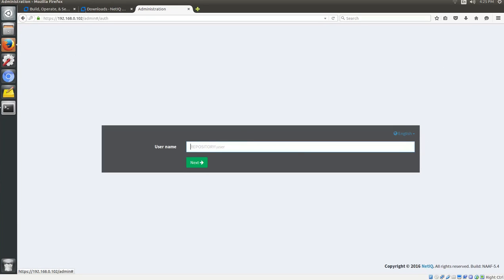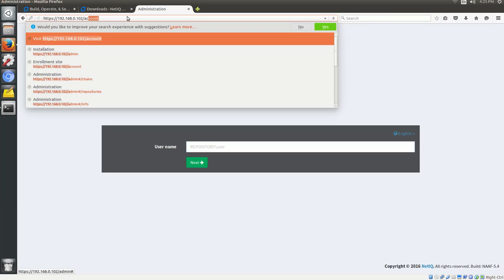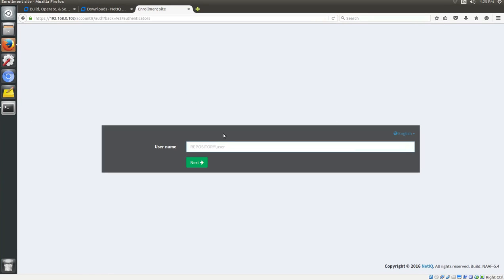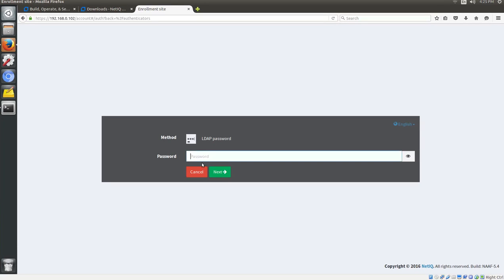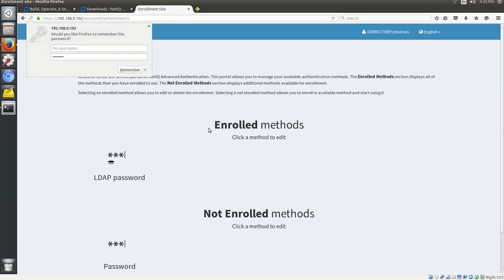And for that, let's use a URL /account. Obviously, the users in the embedded eDirectory are not administrators, and the repository name is not local, it's eDirectory /shomes. You remember shomes is the user we created there. It's of course prompting me for the password. Let's apply the password of shomes, and as you can see, it lands on a page where it lists to